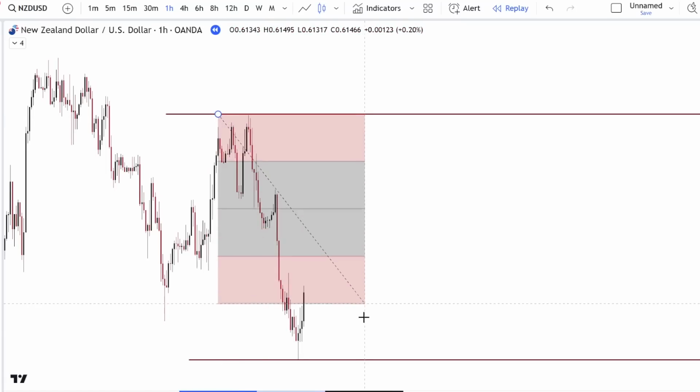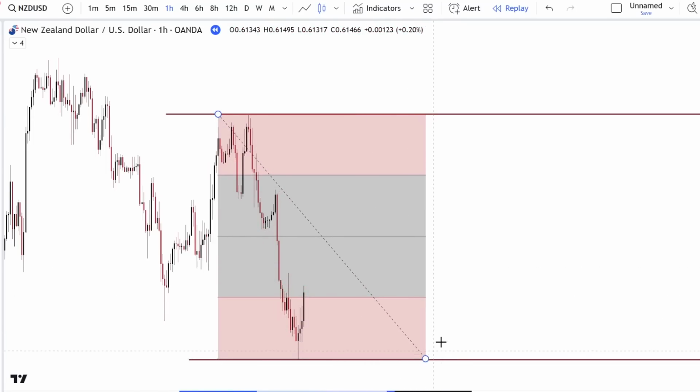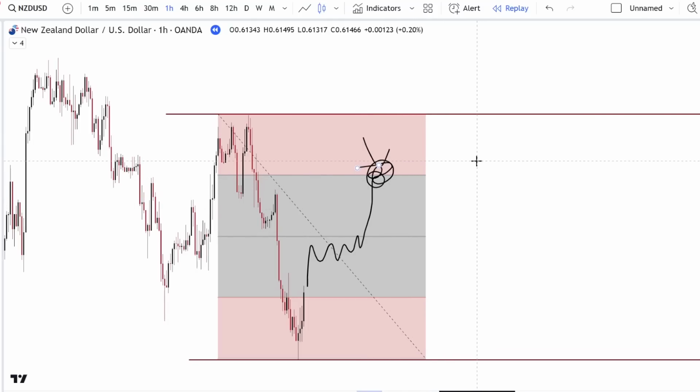Okay, so now what you could do is mark your new range, apply your fib, and you have to understand you are in a bearish trend. So the highest probability here is to get your inducement right here and then get in a sell right here. As far as entry methods, there is a confirmation process that you should go through when price does reach your extreme point, and we'll cover that in part 3. But as far as counter trading, which is going bullish in a bearish market as a scalper on the lower time frames,